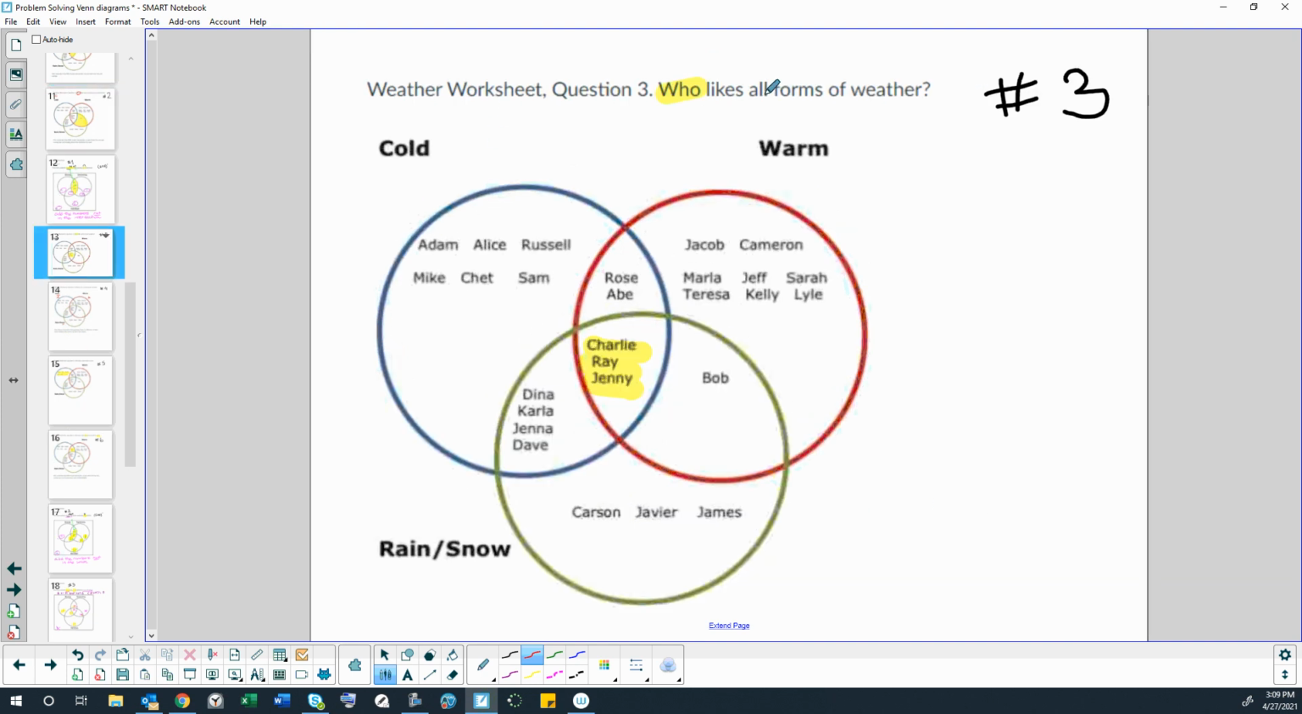Here it is. Question 3. Who likes all forms of weather? You're going to answer that question with the names of the people that like all 3 forms of weather, and that would be the 3 people listed in the